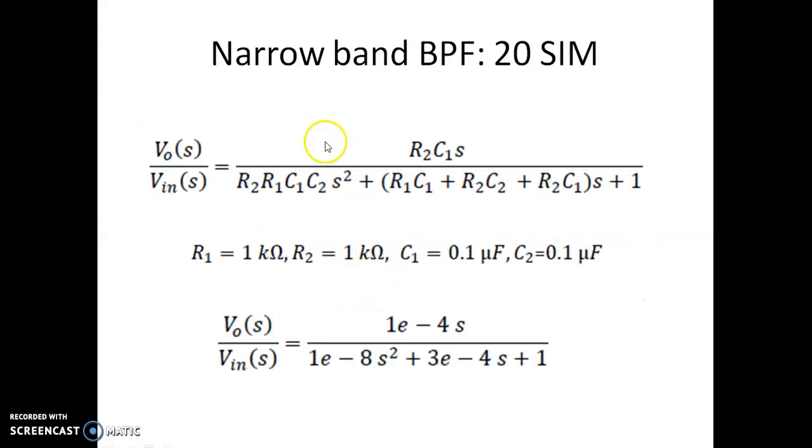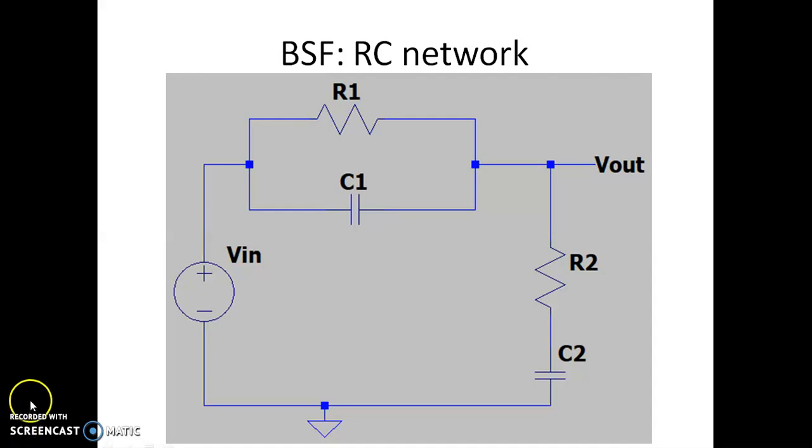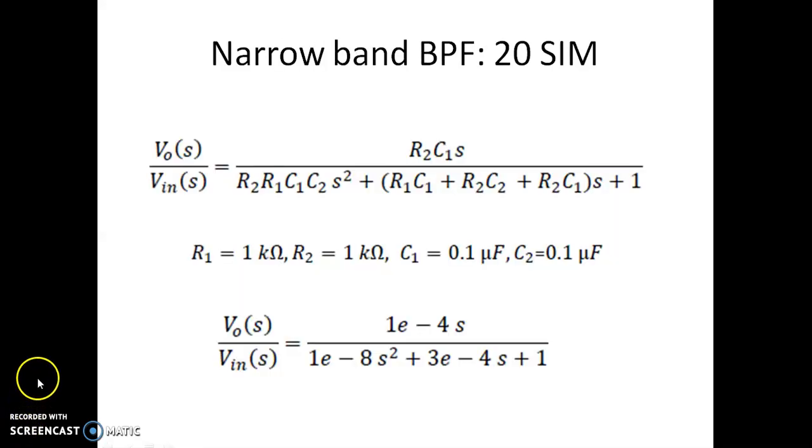Similarly, we can see the narrow band pass filter in 20-sim also. So this is a transfer function with the values of R1, R2 and C1, C2 as this. We want to get the corresponding transfer function in 20-sim. It can be edited to these values. We'll see how to edit the transfer function in 20-sim and what the frequency response and pole-zero positions are. So let me just go to